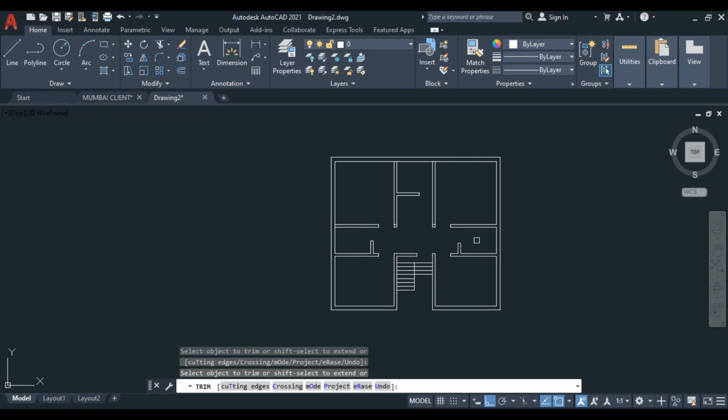This is a simple floor plan in the area of 33 into 29.